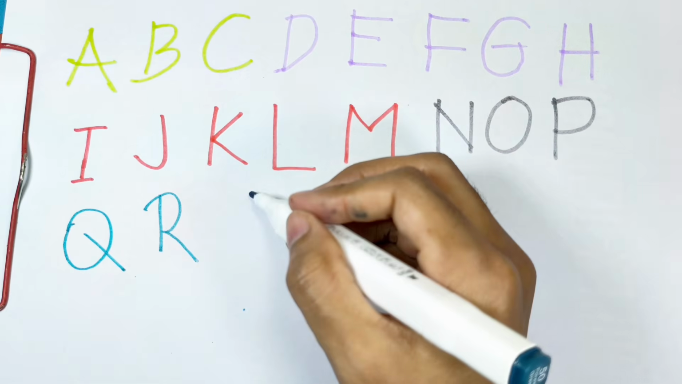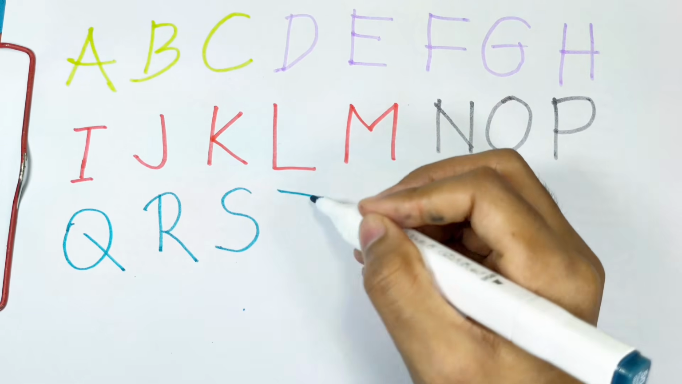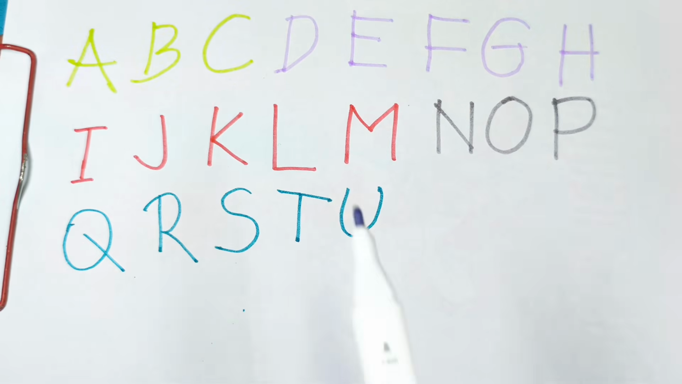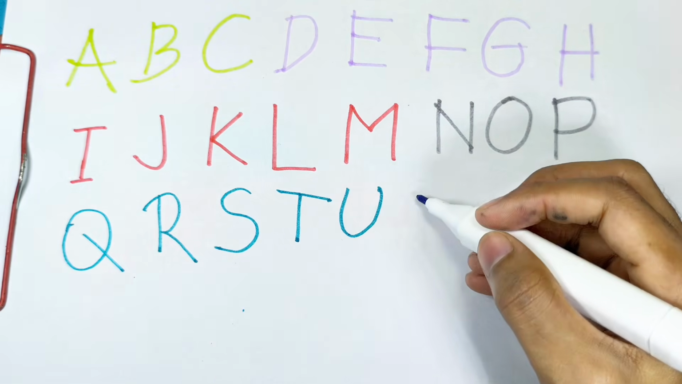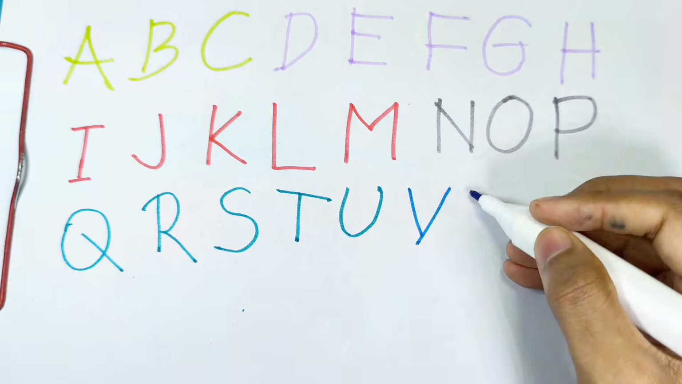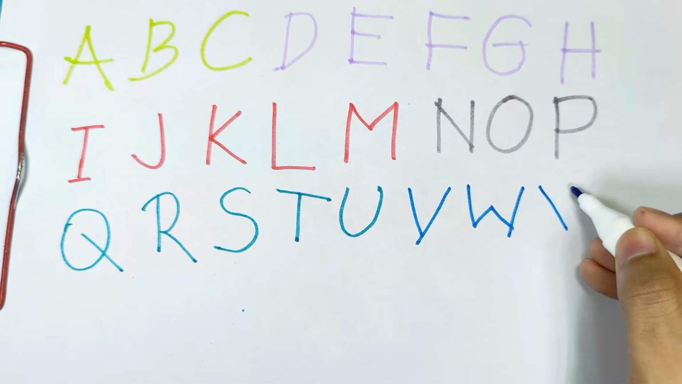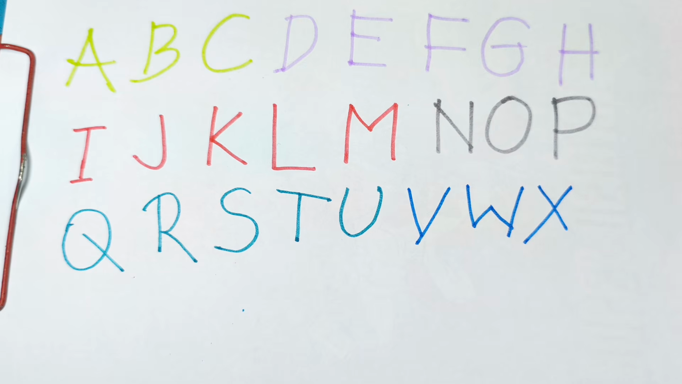R for rose, R for rice. S. S for snake. T. T for tiger. U for umbrella. Now we're using the color of Persian blue. V. W. W for wolf. And the next one is X. X for Xmas tree. Kids, the next one is